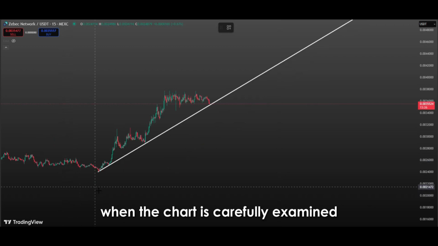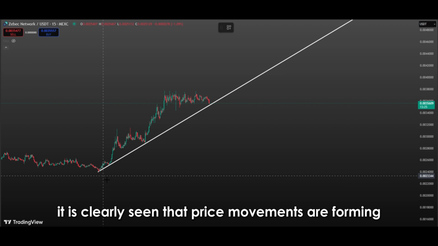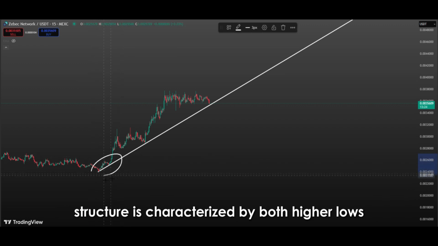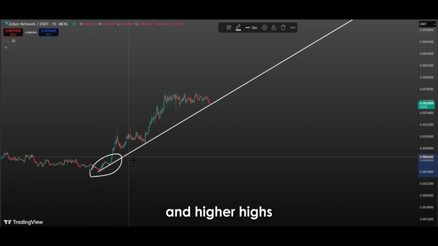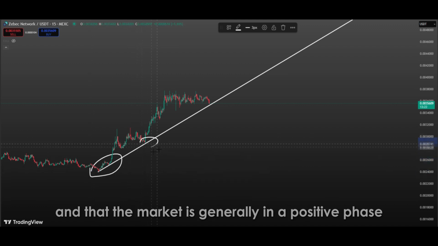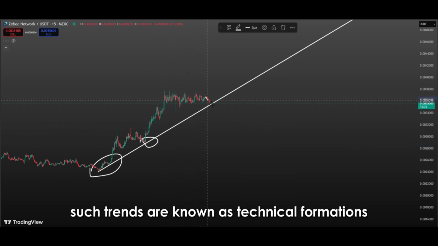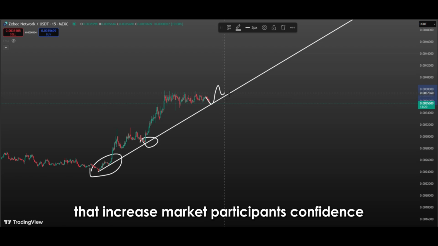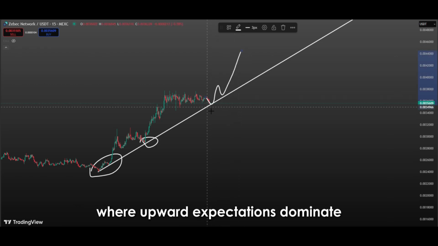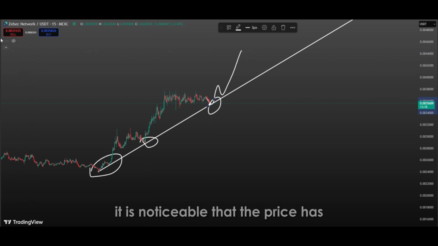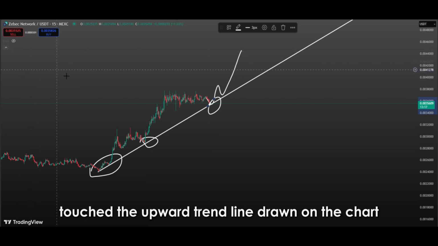When the chart is carefully examined, it is clearly seen that price movements are forming within a distinct upward trend. This rising structure is characterized by both higher lows and higher highs, indicating that buyers have taken control and that the market is generally in a positive phase. Such trends are known as technical formations that increase market participants' confidence, where upward expectations dominate and buying activity is prevalent. At the current price level, it is noticeable that the price has once again touched the upward trend line